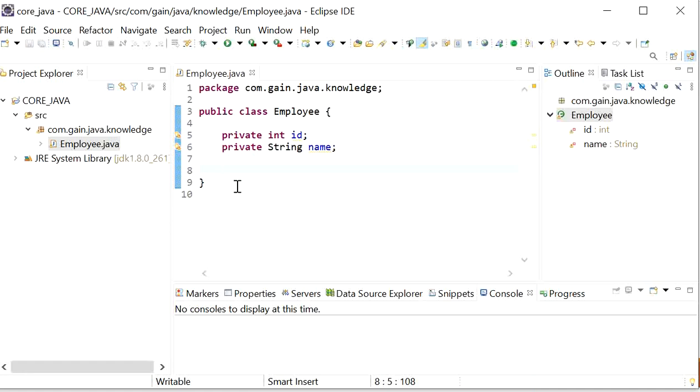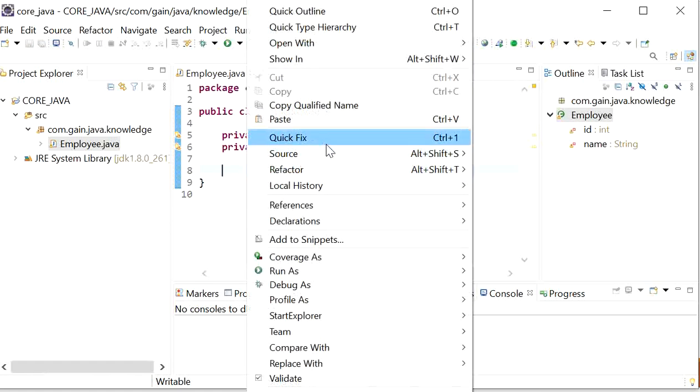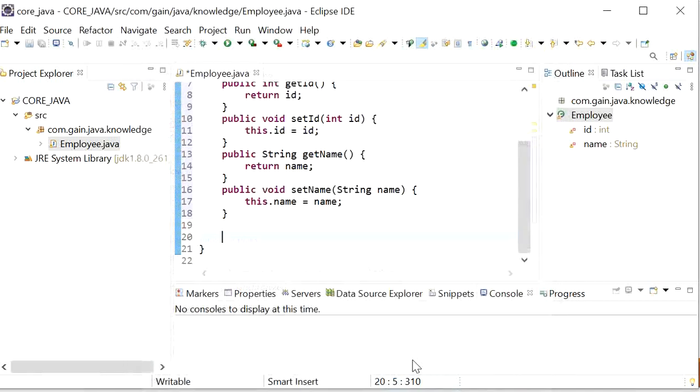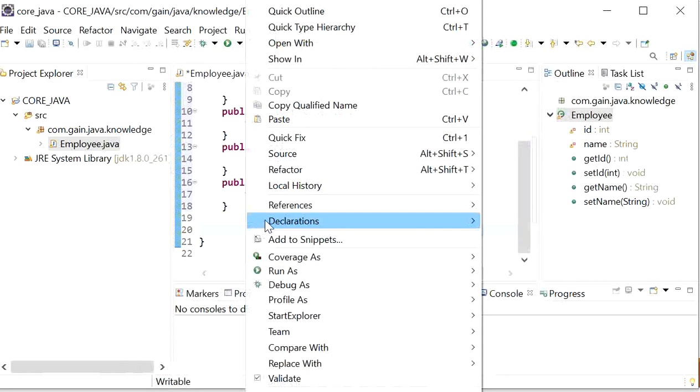I will generate setters and getters for this class, and also generate the constructor using fields.